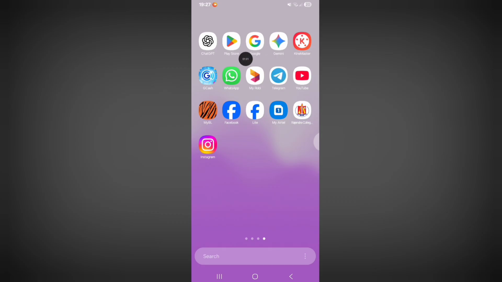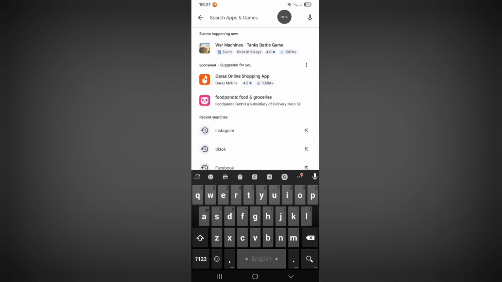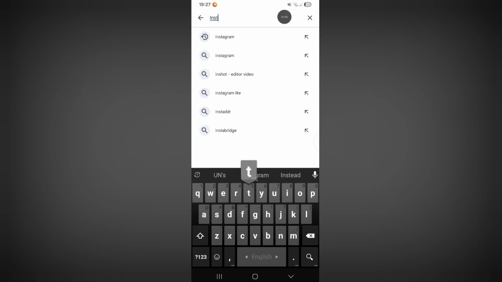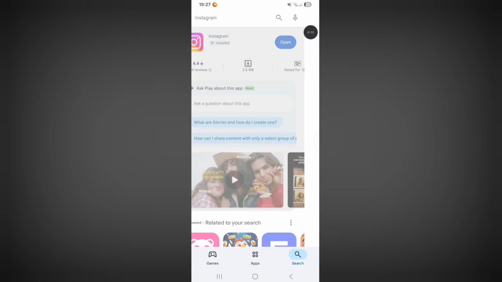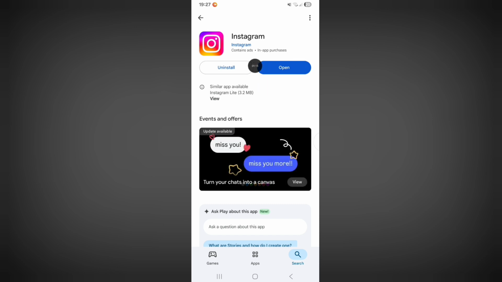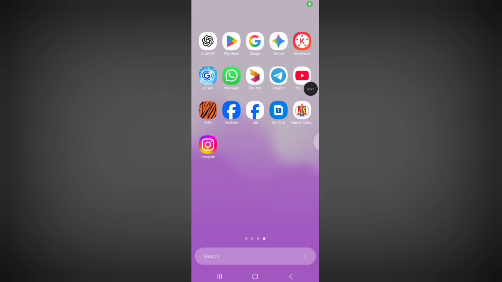Open Google Play Store, search Instagram app, update Instagram app. Now go to Instagram app,